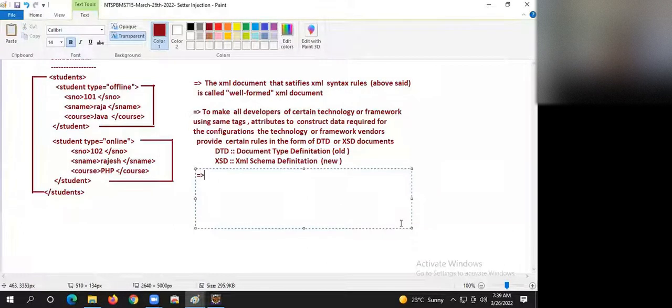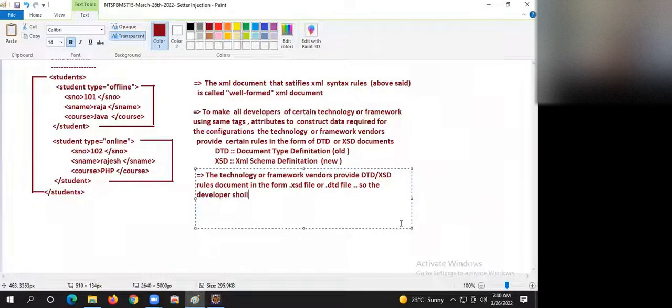So the technology or framework vendors provide DTD or XSD rule documents in the form of a .xsd file or a .dtd file, and so the developers should import